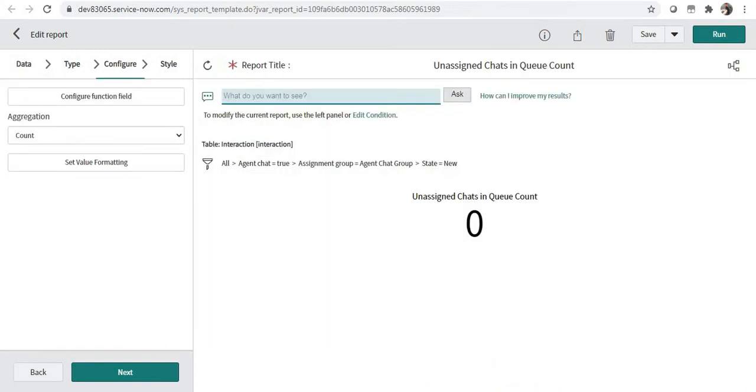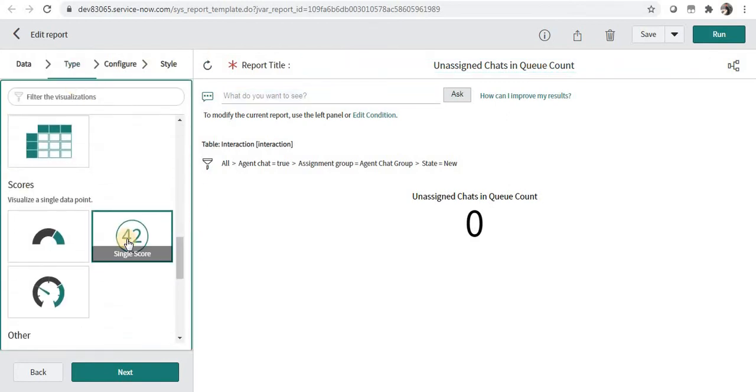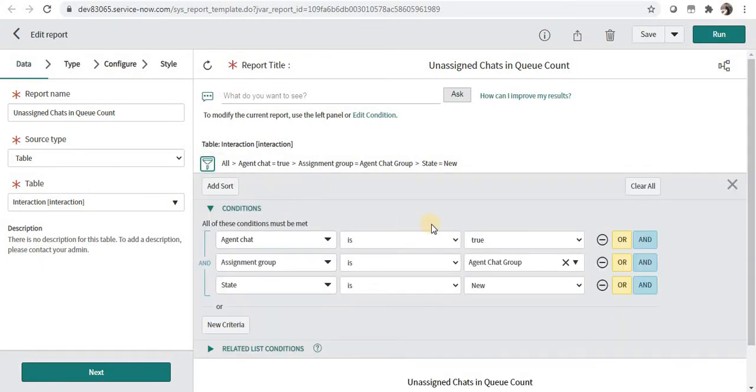Similarly, if I go into unassigned chats in queue count, the type has been selected as single score, and the table is selected as interaction, and you can see the filter agent chat is true, the assignment group is agent chat group, and the state is new.